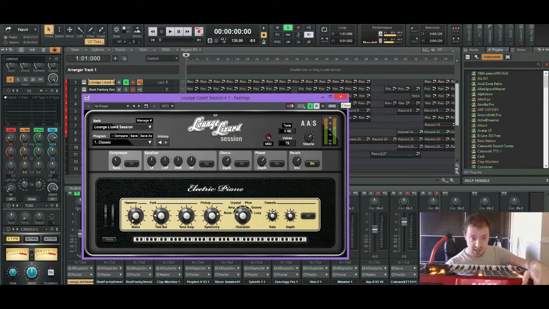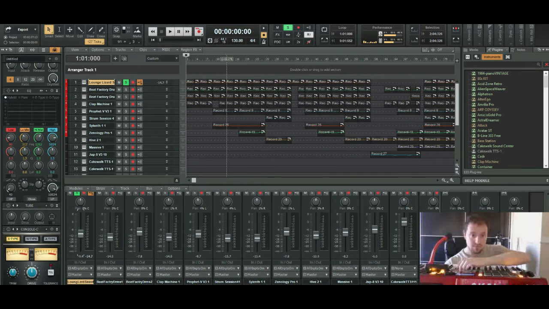So yeah, that was Lounge Lizard. I chose classic electric piano. I played with the reverb, as well as the hammer action, because the hammer action obviously adjusts the attack of the electric piano. It was a bit too hard at first, so I had to tone it down a bit to make the attack weaker. But all in all, at the end of the day, it sounds like this.